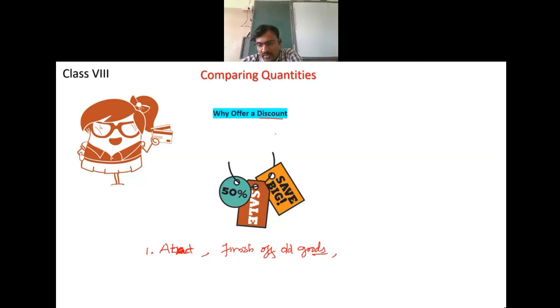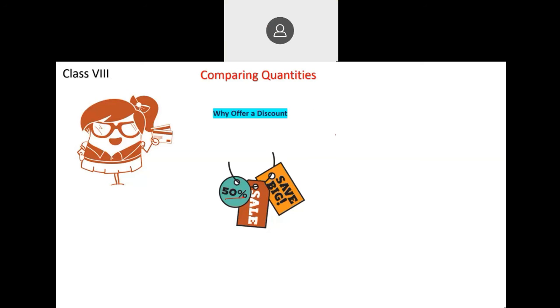Generally you must have seen whenever there is a festival, they give some percentage decrease in the price. Say discount is allowed 5%, 10% like that. Or they may also give a board indicating that hurry up for 15 days, the discount is 30%, something like that. This particular discount is given so that whatever the old items are there should be sold off, it should be emptied so that the industry will make the new items.